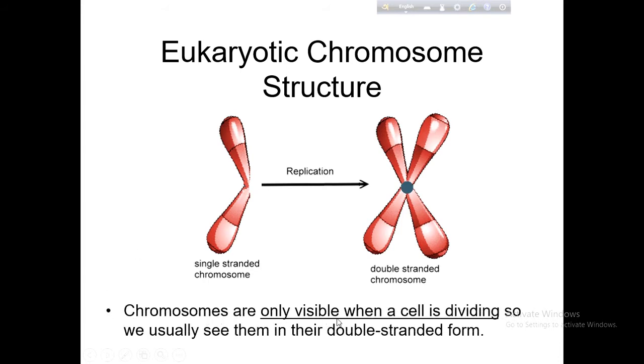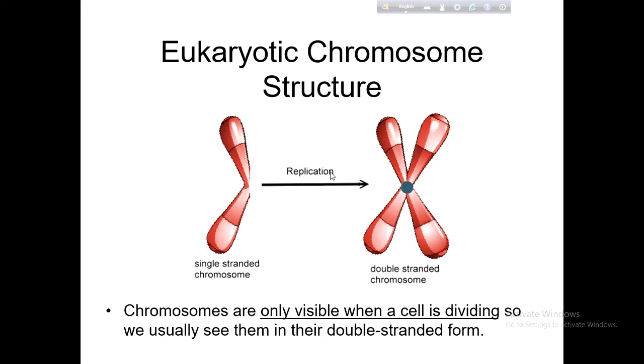Chromosomes are only visible when a cell is in the dividing stage. So we usually see them in their double-stranded form. Basically, chromosomes are a micromolecular thing. That means it is hard to see them without a high resolution microscope. Moreover, they only become visible at the cell division stage,